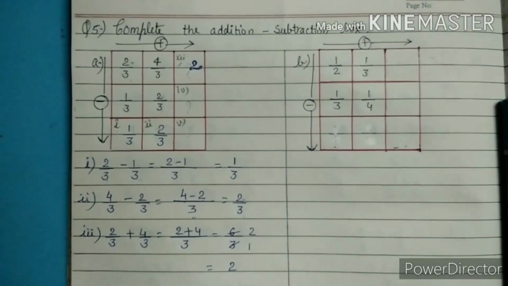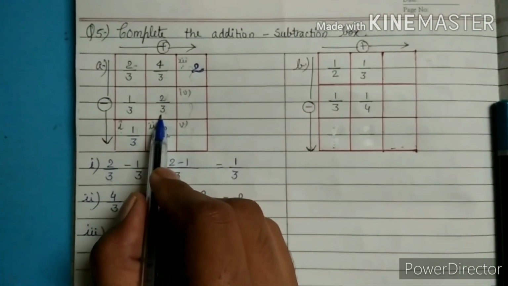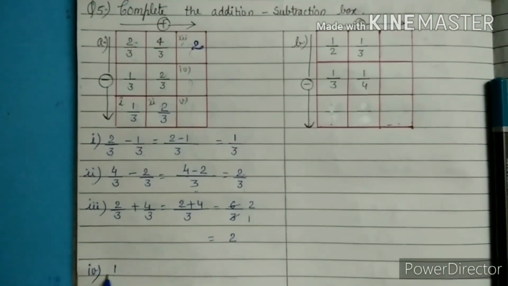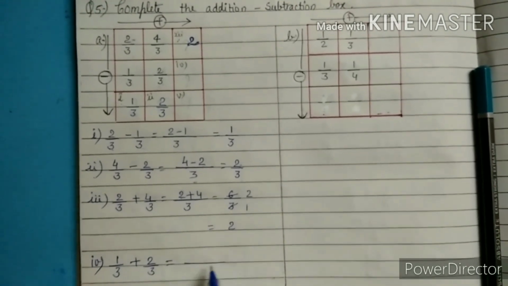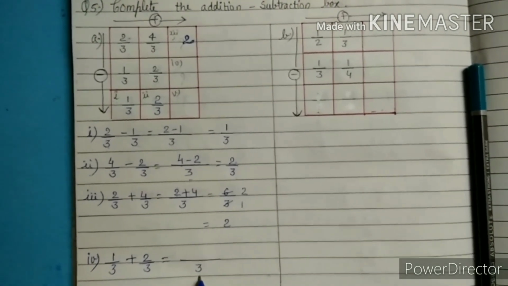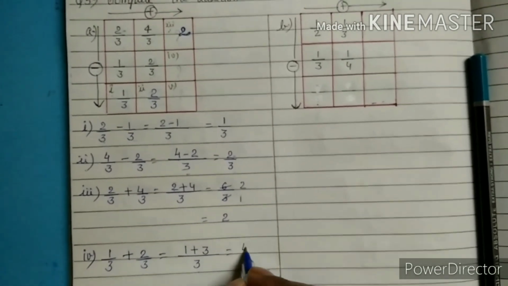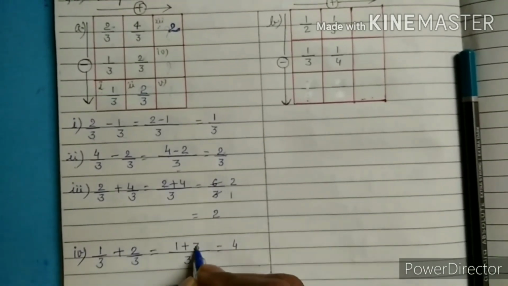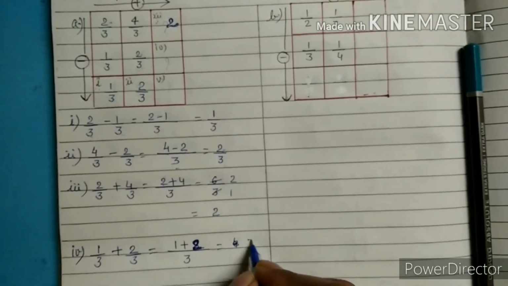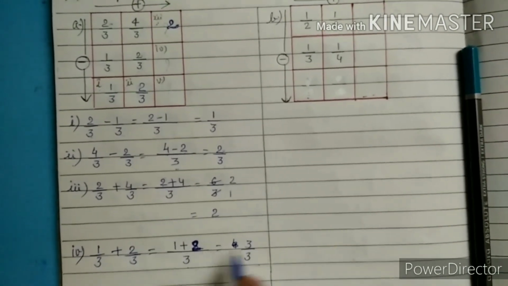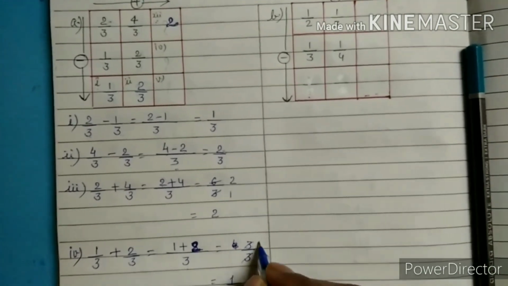Now the fourth one. Again we have to start from the left and add with the next one. First is 1 by 3 plus 2 by 3. Again we have the same denominator, so it will come only one time. Sorry, here is 2, you can see here is 2. That's why 2 is here, and here 3 by 3. 1 plus 2 is 3. 3 by 3 cuts, so it will give 1.